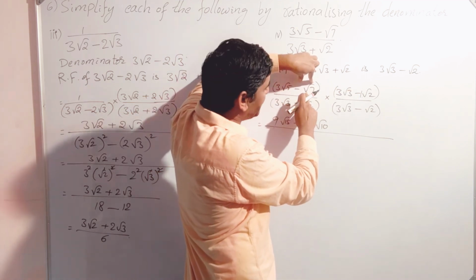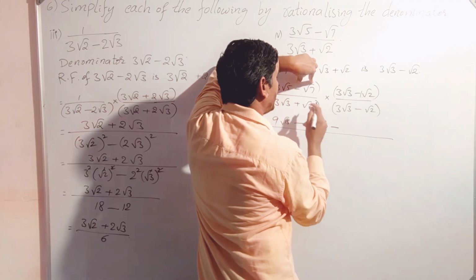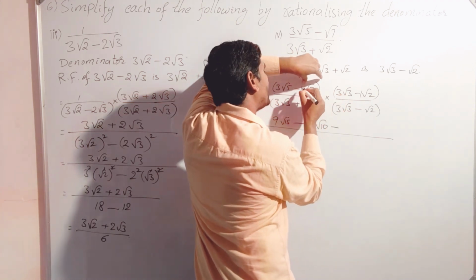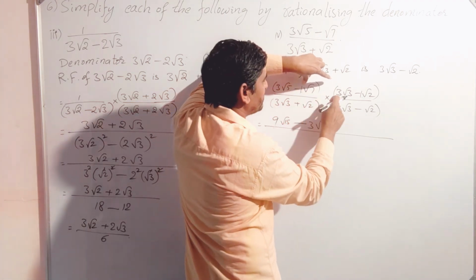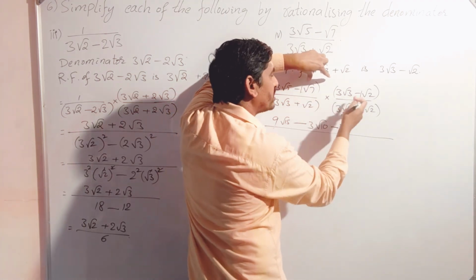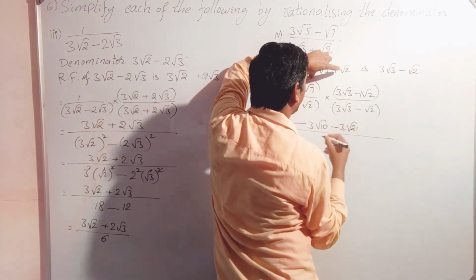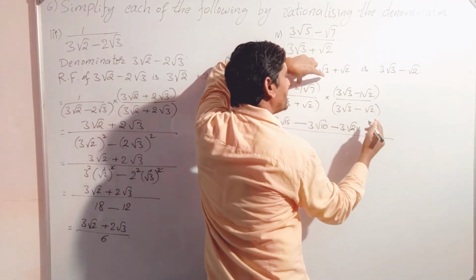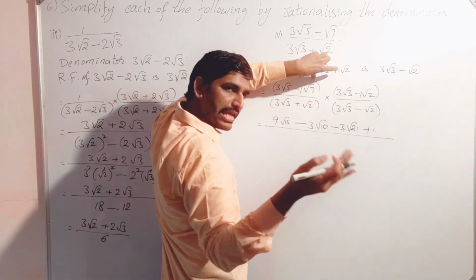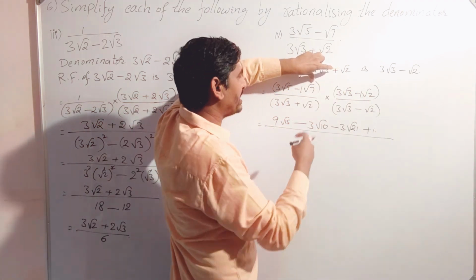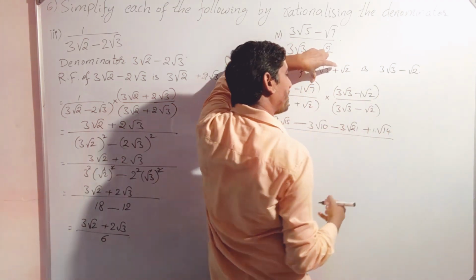Now we have to multiply with this as well. Minus into plus, minus root 7. Nothing is there, means 1. Without the root terms, multiply: 1 3s are 3. The root terms are multiplied separately: 7 3s are 21, root over 21. Now minus into minus is plus. 1 into 1 is 1. Root terms multiplied: root 7 into root 2, root over 14.